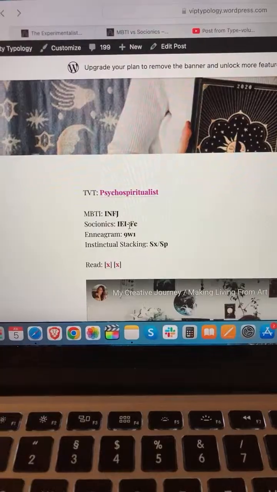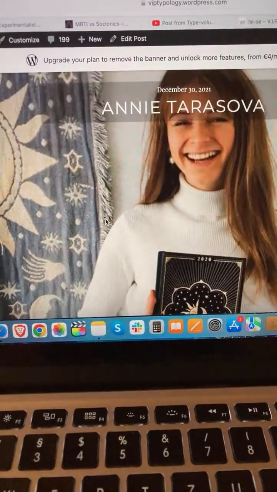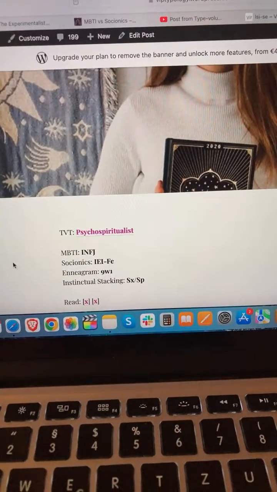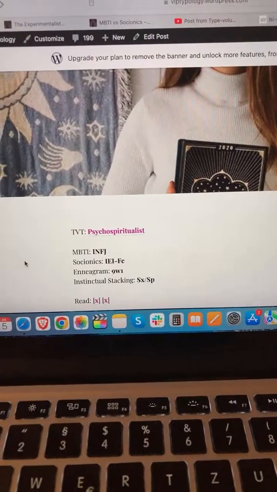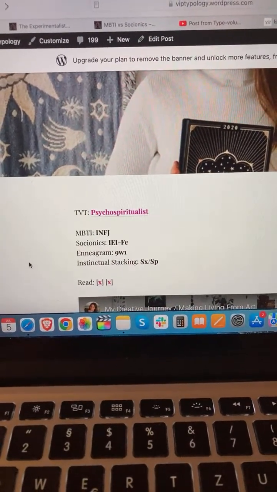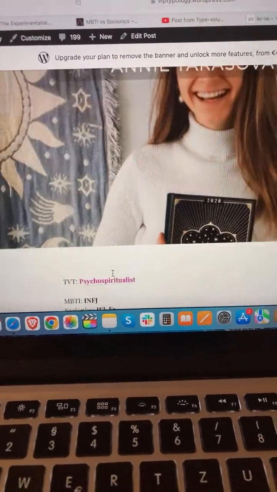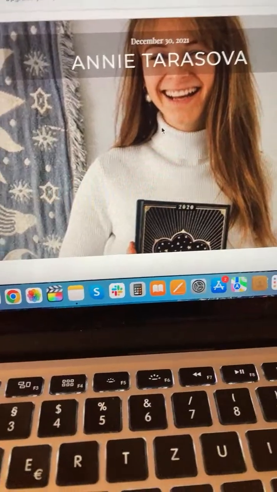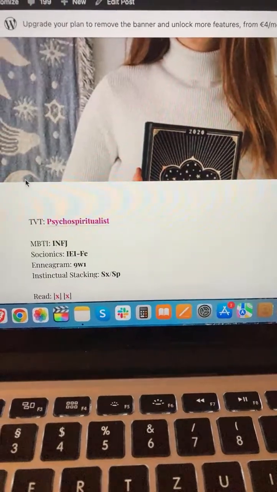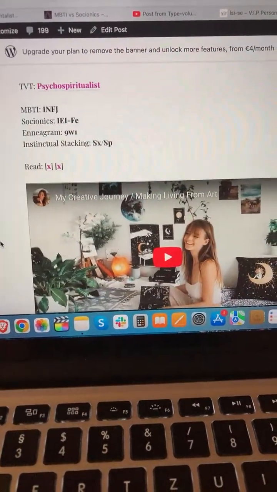Right, so I typed her as IEI-Fe. The interesting thing about Annie is her work is quite spiritual. She also talks about manifestation and dreams and things like that, very stereotypically INFJ stuff. But how her Fe subtype comes out, first of all, is her bright smile, her very warm Fe, and she also has a very SF kind of lifestyle.